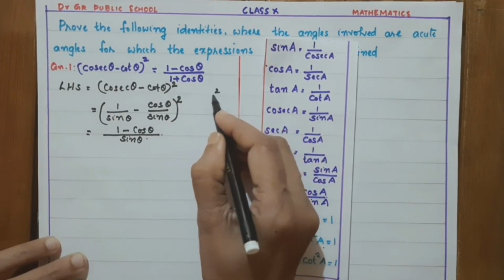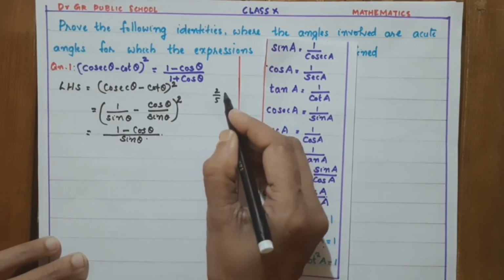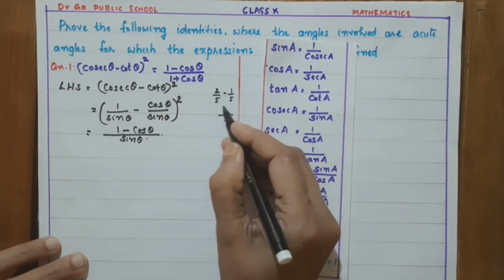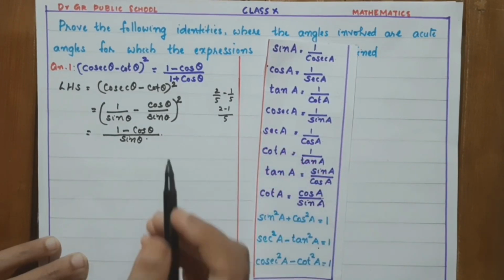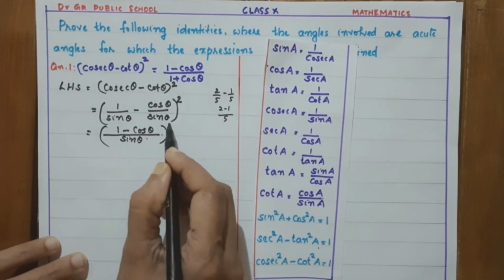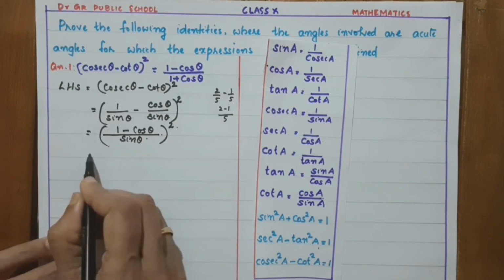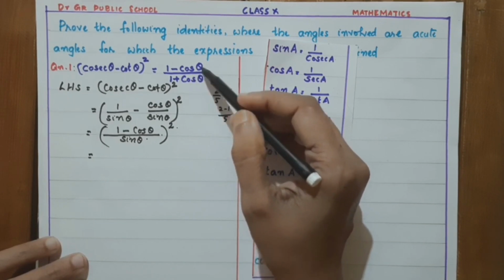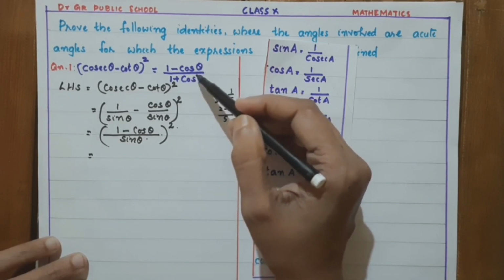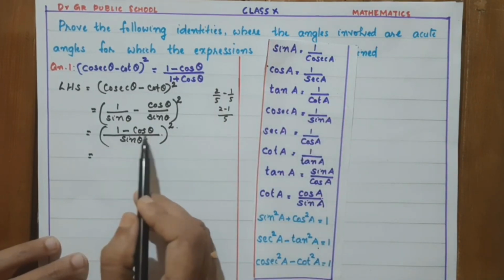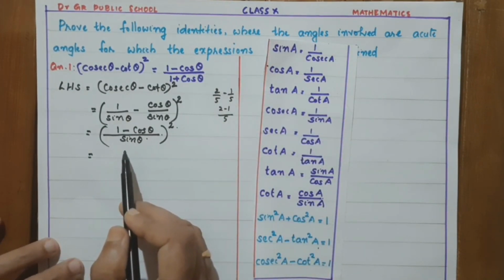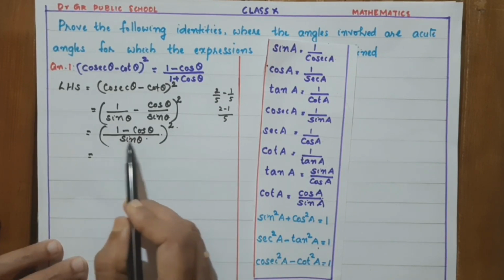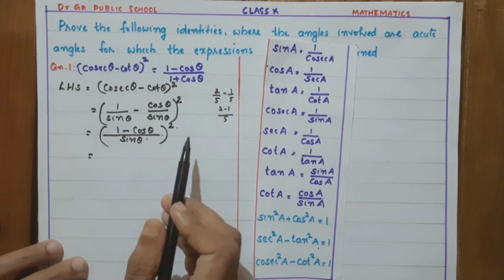So when you have 2 by 5 minus 1 by 5, how will you simplify? 5 is the common denominator, then 2 minus 1, isn't it? Now we have the whole square also. Okay children? Now check the answer. We have the RHS only in cos theta. But here the numerator has cos theta, but the denominator is in sin theta. So we have to change this sin theta also into a cos ratio.